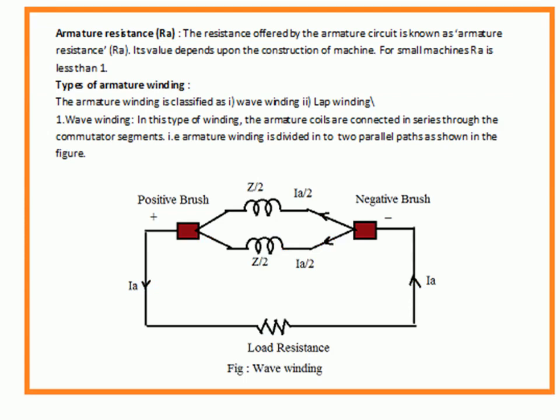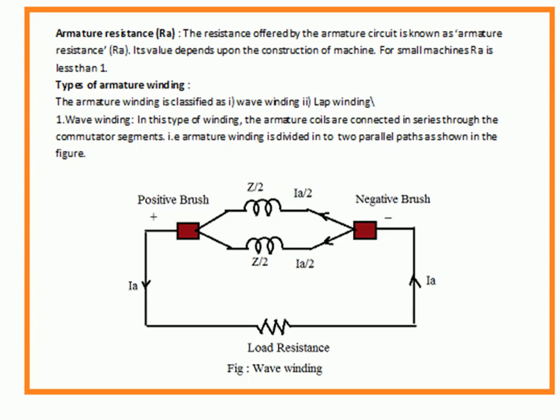Before going to that, to solve the problem, what do you mean by armature resistance? It is the resistance offered by the armature conductor circuit or armature winding. Copper is used as the winding material. Copper has some resistance, which is called winding resistance or armature resistance. For better conductivity, this value should always be low, 1 ohm or 2 ohms. It is denoted by Ra.